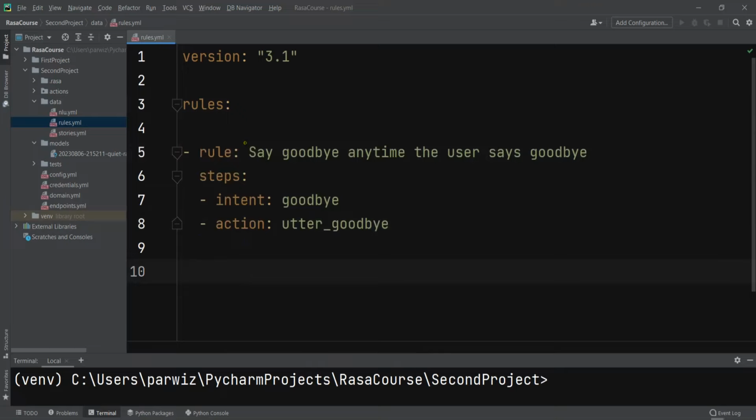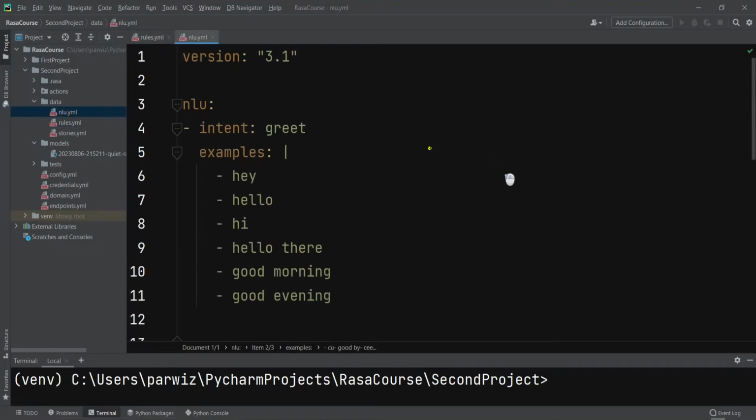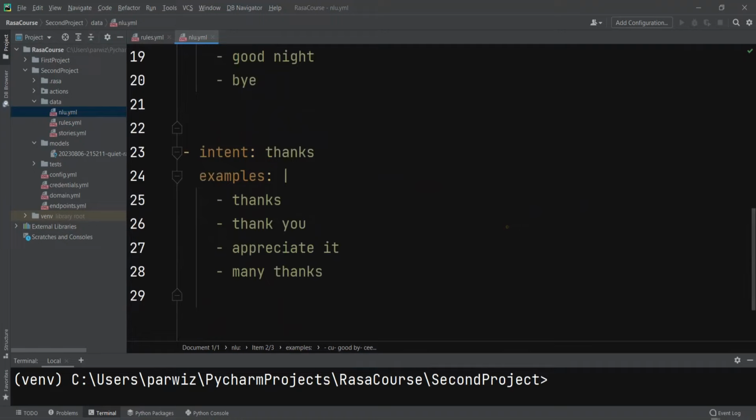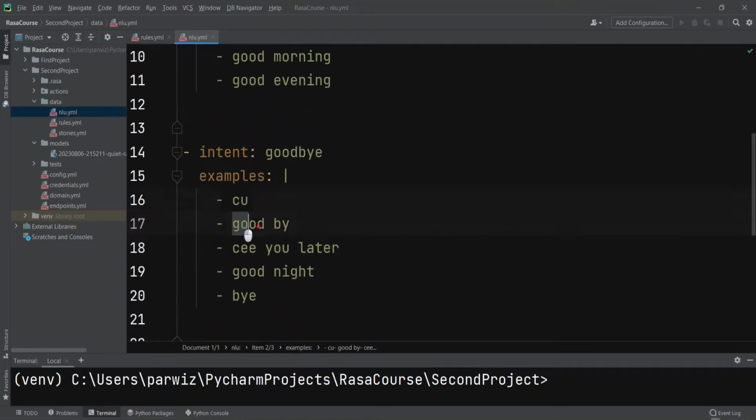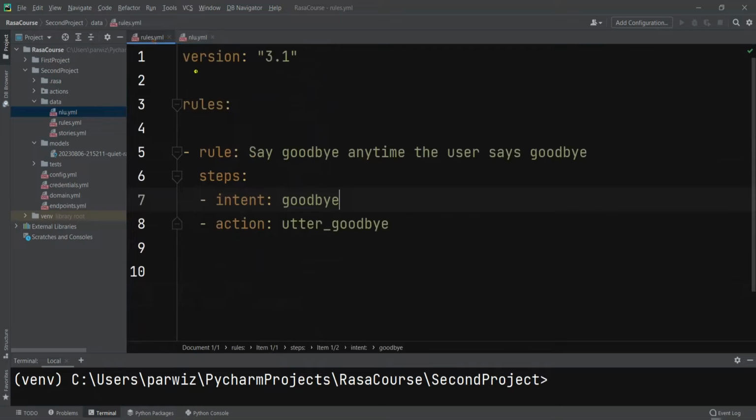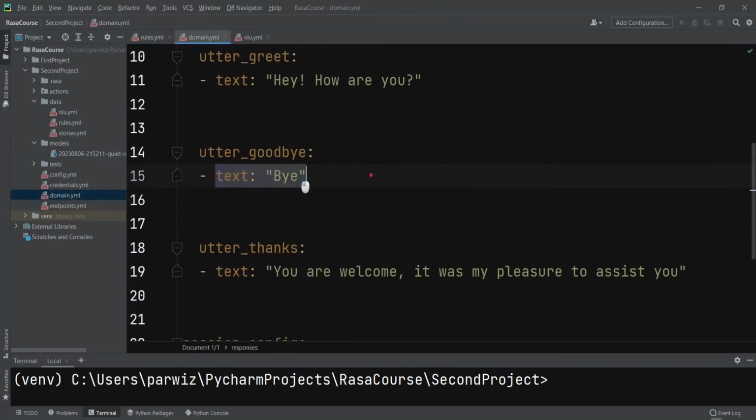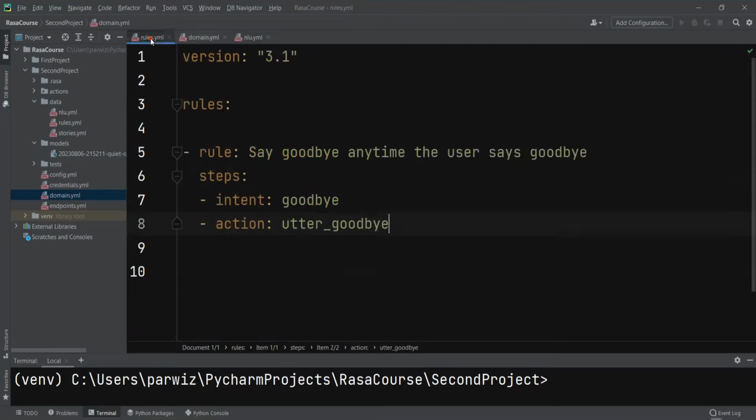So for example, in here we have one rule, say goodbye, anytime when the user says goodbye, and these are the steps. When the user says, for example, goodbye, now there are some training examples in our goodbye intent, and if I check my nlu.yml, in the goodbye intent, not greet, you can see: see you, goodbye, see you later, good night, bye. If the user says these keywords to the chatbot, then the user goodbye will be triggered. Okay, so this is the action, and if we see the domain.yml and the utter goodbye, we have the bye. Okay, so like this you can just define your rules